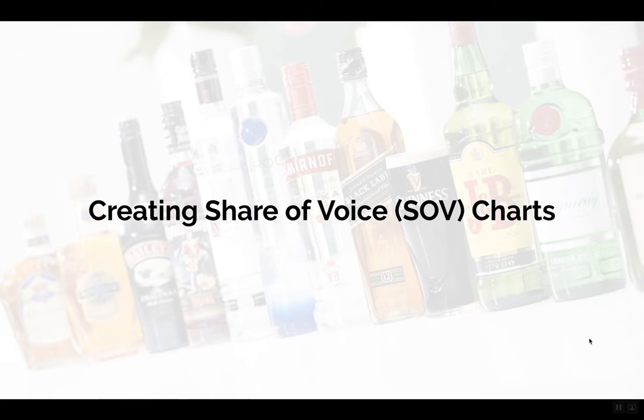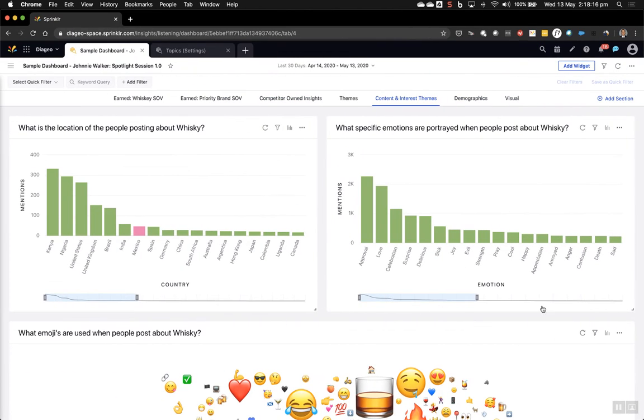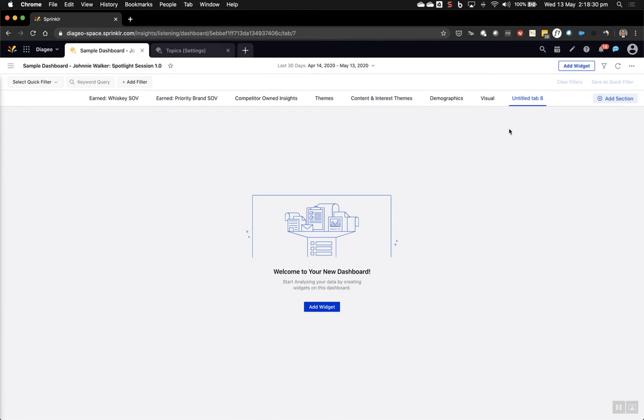So to do that, we're going to navigate to the Sprinkler platform, and we're going to start at a listening dashboard that we've already created previously. To create this example, we're going to add a new tab and section for an earned share of voice widget for GIN in particular. So I'll go ahead and rename this